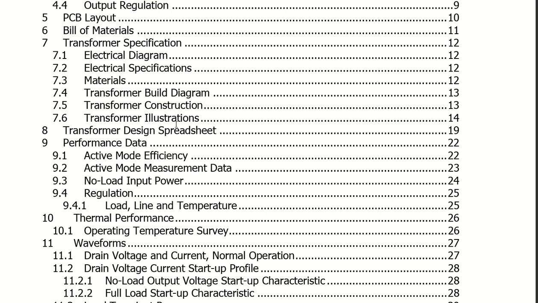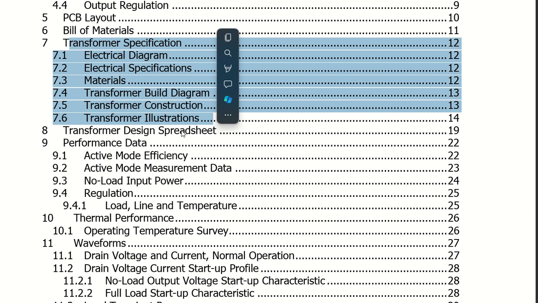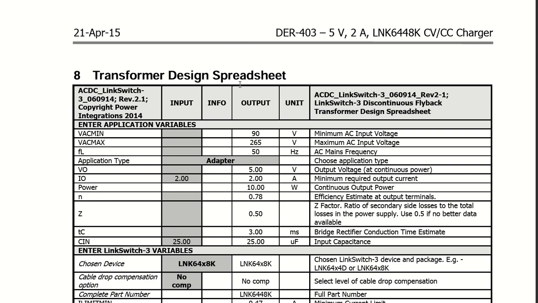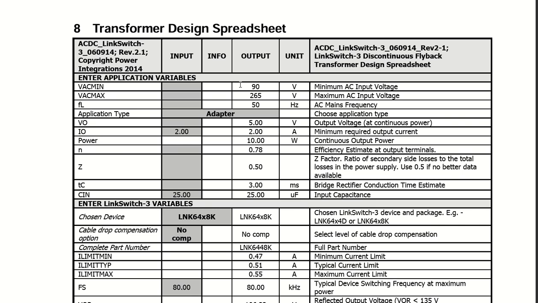This one we can directly take from the data sheet or this design report. So let us open this particular device. You can see we have the electrical specification and electrical diagram, and this complete transformer you can get designed directly. So we'll directly turn to the transformer design spreadsheet. If you come to the transformer design spreadsheet, there is a page on Power Integrations where you will be able to feed your inputs and specifications, and it will give you the design of the transformer directly. We will have that also in one of the sessions, on how to design your transformer with your specification.